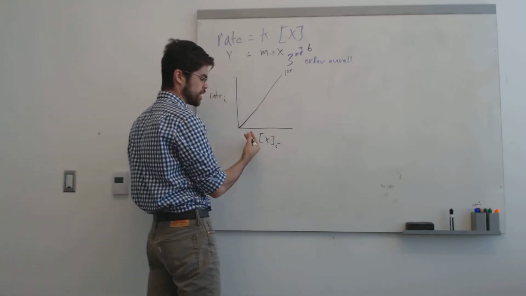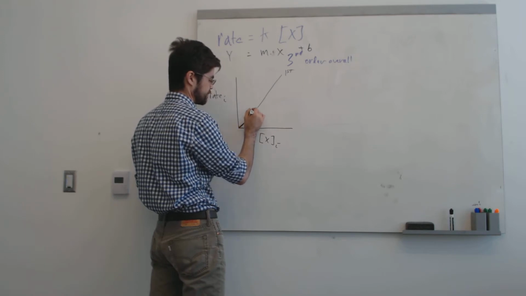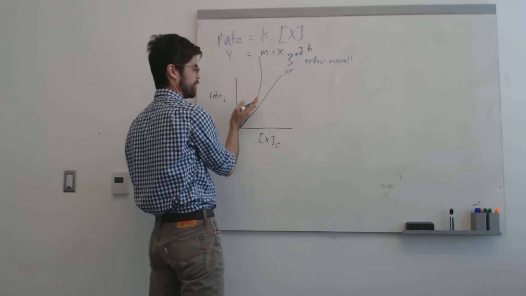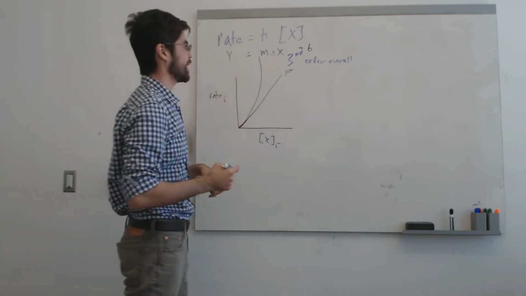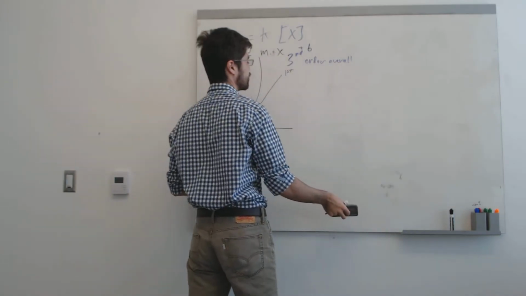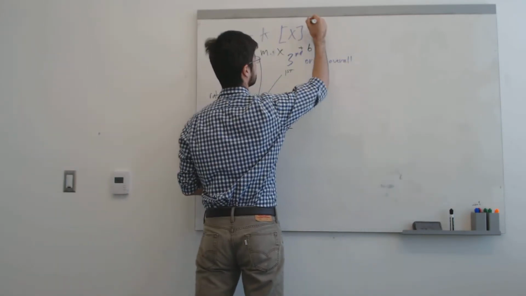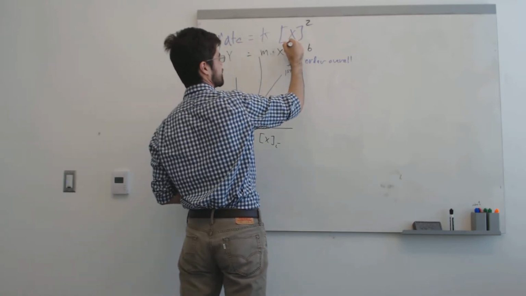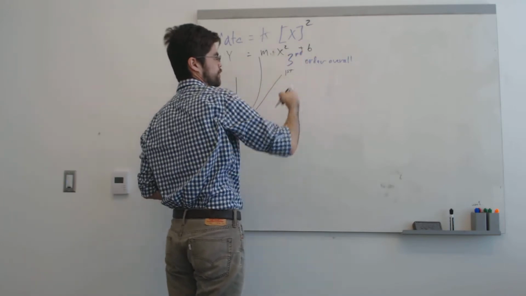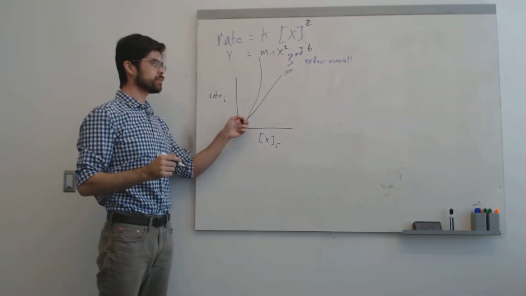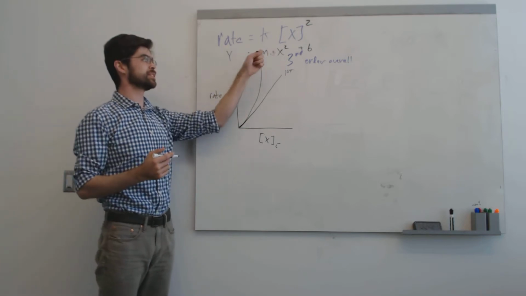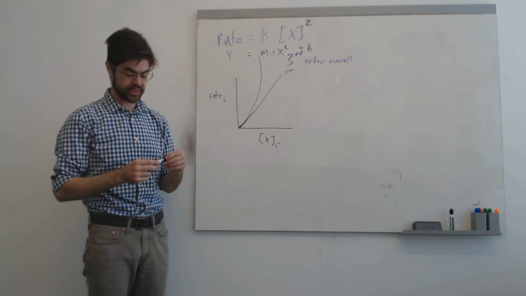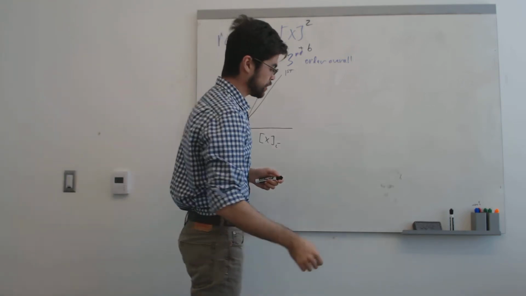If actually you double the concentration and the rate looks something like this, so it doesn't follow a straight line, it actually follows like a parabolic curve. That implies that it's probably second order or maybe third order, because if I plot it out, if it were second order, this would be my y, this would be my slope, and this would be x squared. Still no b, still no y-intercept. And so yeah, that one's going to have a fundamentally different dependence. It's going to go as the square, so it's going to look like y equals x squared if I plot that out instead. If it were 0th order,